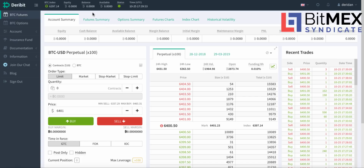So the platform's products are open to traders from pretty much all over the world, 195 countries. You can also benefit from leverage. They allow up to 100 times leverage on futures. In my opinion, that's more than you'll ever need. I mean, anything above 15 is pretty much gambling with super tight spreads. But the Deribit platform is available to trade both futures and options markets when you create your account,